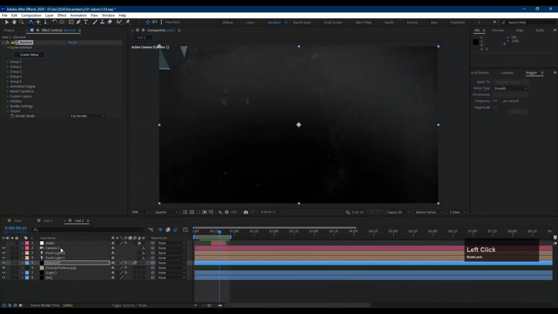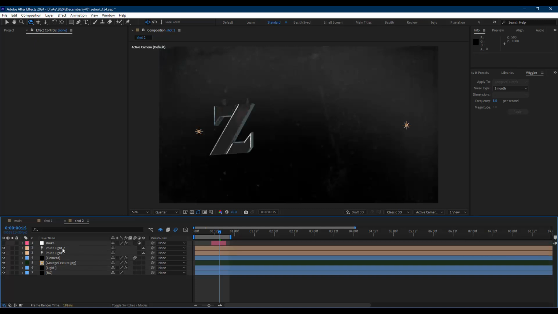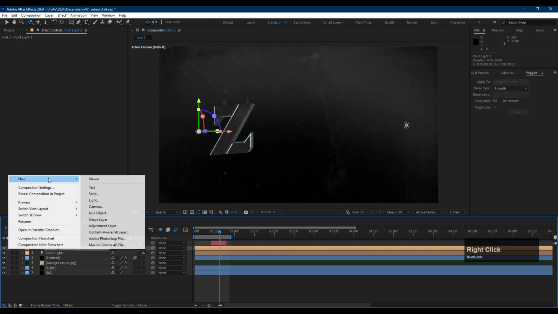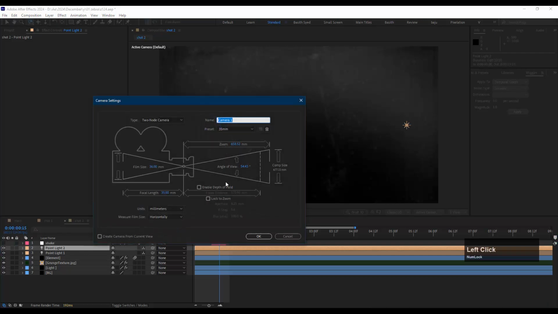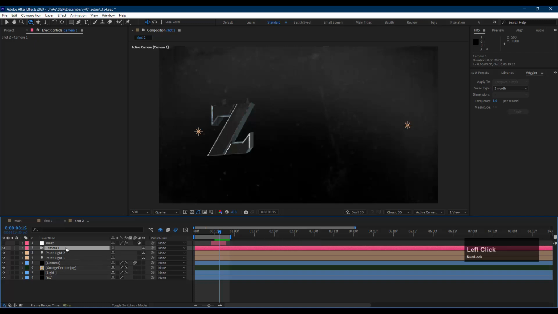Now select the camera and let's delete it. Let's create a new camera by clicking here and right click, and then go to camera, go to camera, press OK, and then press C